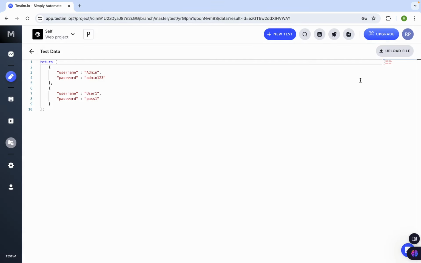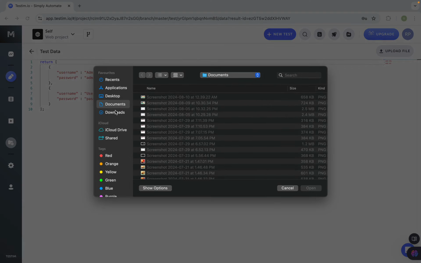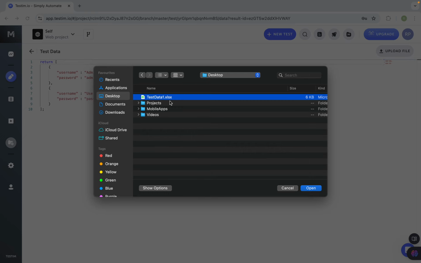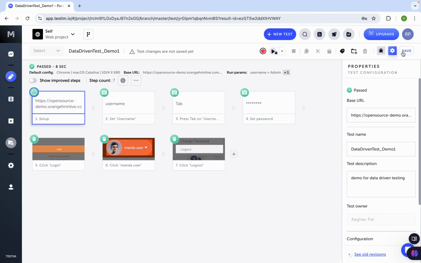It is warning us that if we upload the file, it will override the existing test data which is here, so it is fine for us. I will say upload anyway. I will go to my desktop and use the file here, and you can see our data has come here. And of course you will go back and save the test,